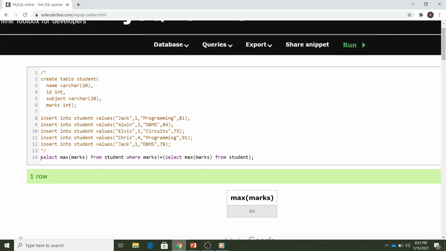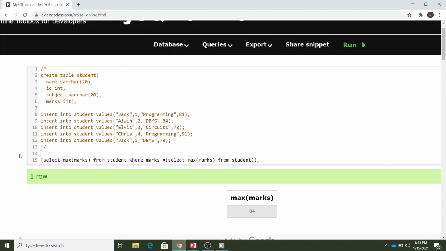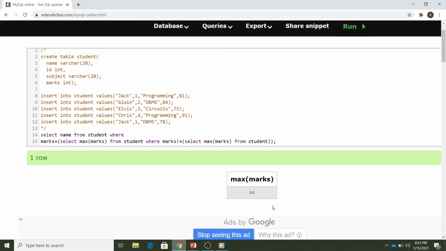We have found out our second maximum marks from here, right? And if we find out the student name who has these marks, we can get that. So we just need to find the name of the student from the student table where marks is equal to the second max marks.